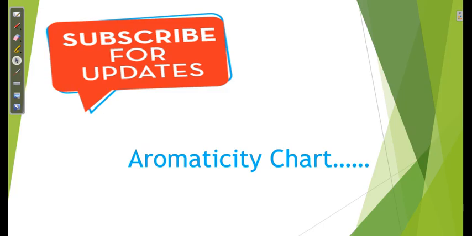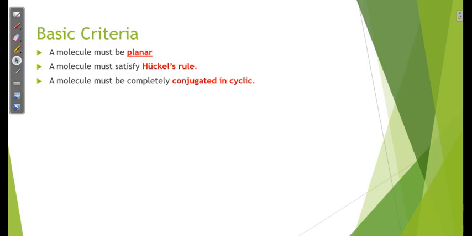So before starting this video, we must know about hybridizations. If we know about hybridizations, then we can do something for aromaticity. Let us start. What is an aromaticity chart and all these things? So here I can say in a simple way,